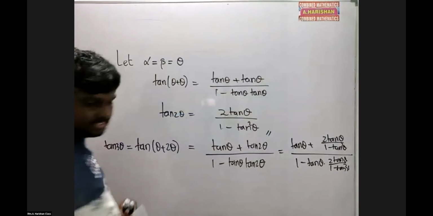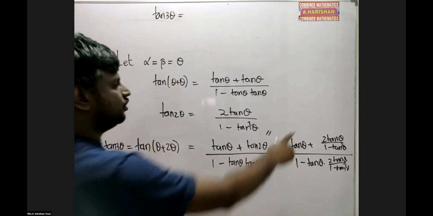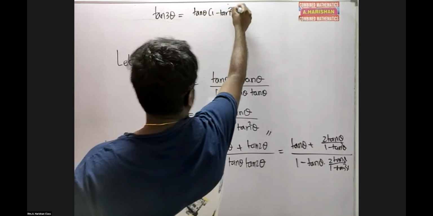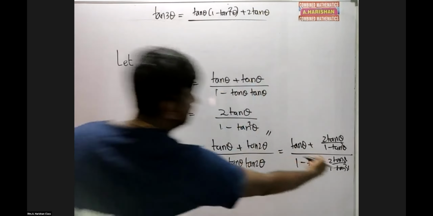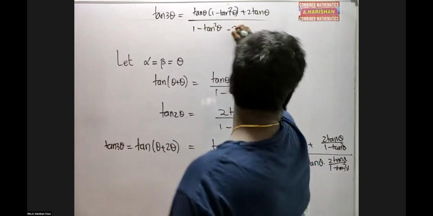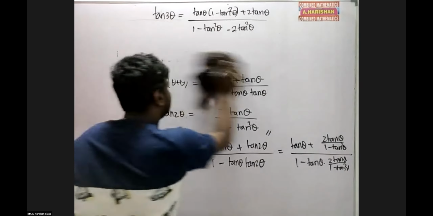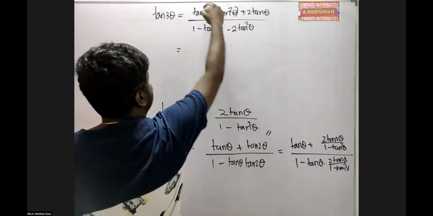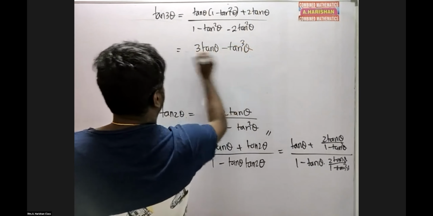So eventually I get that tan 3 theta. If you take the LCM, it's going to be tan theta, 1 minus tan square theta, plus 2 tan theta. Here 1 minus tan square theta will be cancelled. So here you're going to write 1 minus tan square theta and minus 2 tan square theta. Anything else? No. So it's going to be 3 tan theta minus tan cube theta over 1 minus